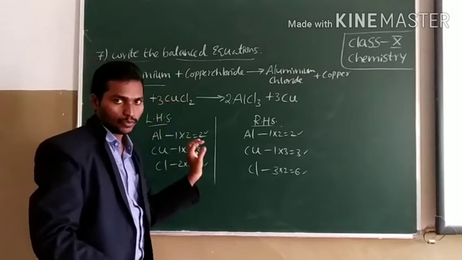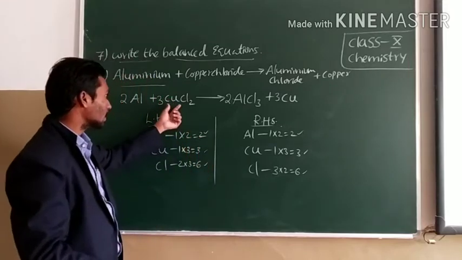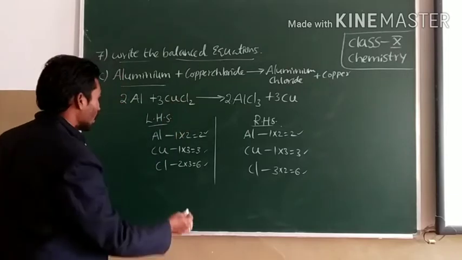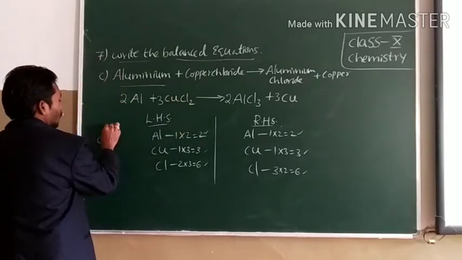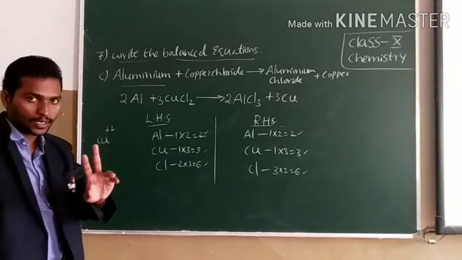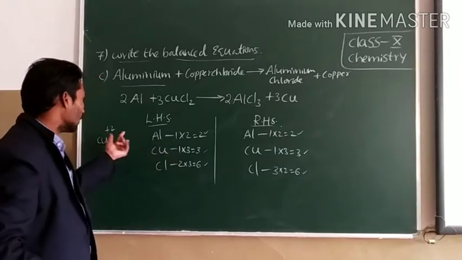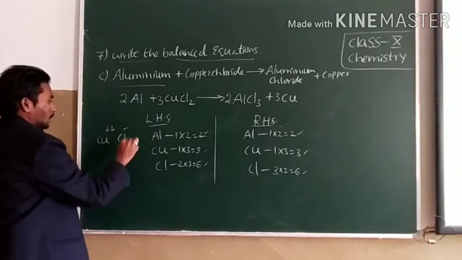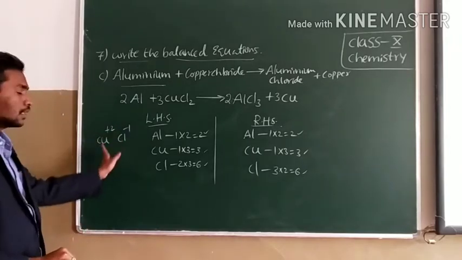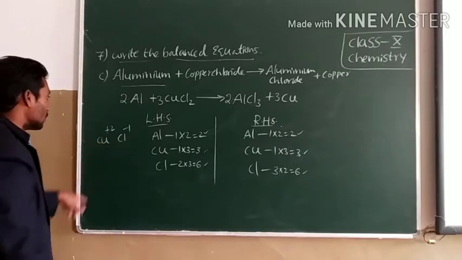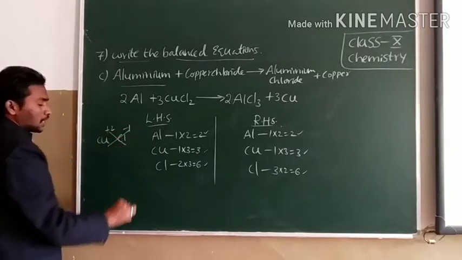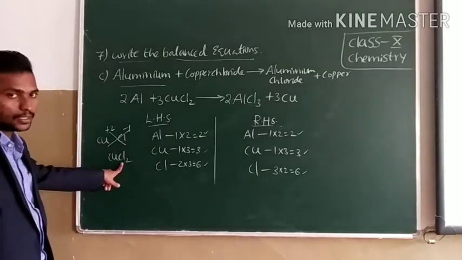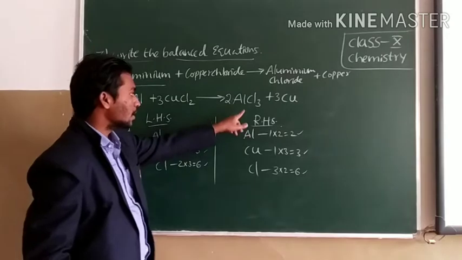You might have a question, how did I write chemical formula of copper chloride as CuCl2? Because copper charge is plus 2. Copper has 2 valencies, plus 1 plus 2. Here let us consider plus 2. And chloride we know minus 1. So here charges are not balanced. So we should crisscross the charges and write them as subscript of the numbers. Then we get CuCl2, which is the chemical formula of copper chloride.